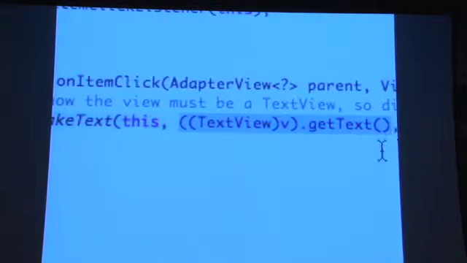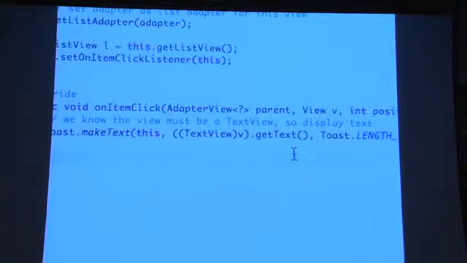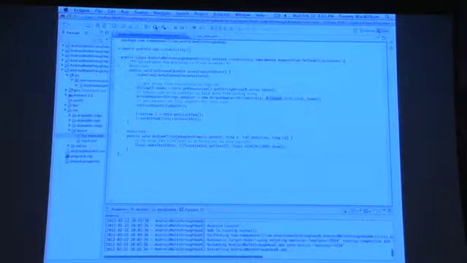So notice here I'm casting it to a text view, which means that I suddenly have this method getText. This generic view doesn't have a method called getText. But I know that everything being tapped is going to be a text view. And so I can just say, I want you to make this a text view and get the text of it. So if we run this,